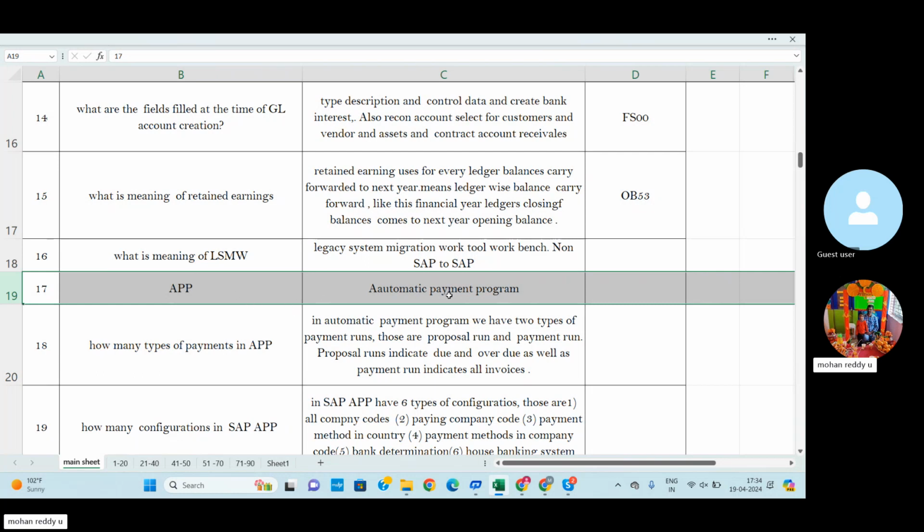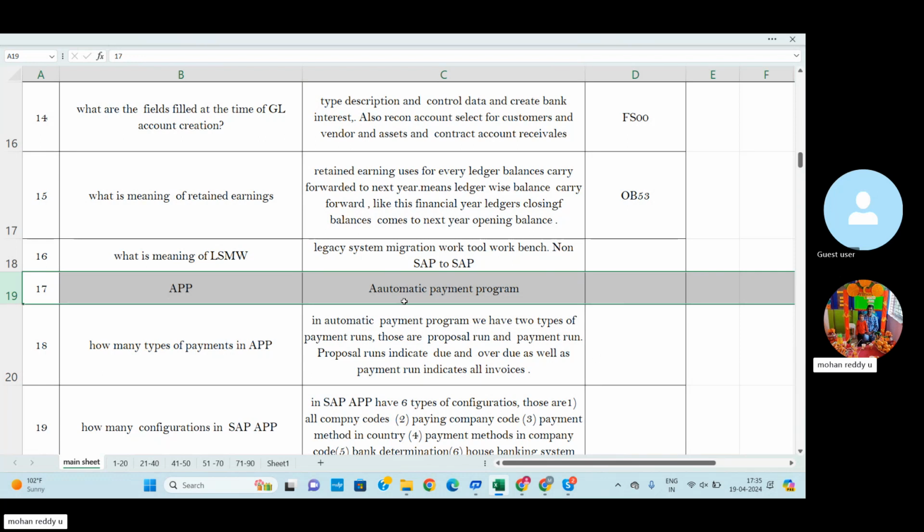In SAP, APP means automatic payment system. For example, we can buy a number of materials from a number of vendors, goods and services, and generate invoices. After invoice generation, we need to clear the invoice payments, like vendor payments. A company has many invoices, like one vendor having more than 100 invoices, or another vendor having 50 to 100 invoices.